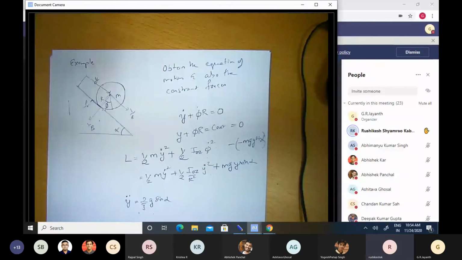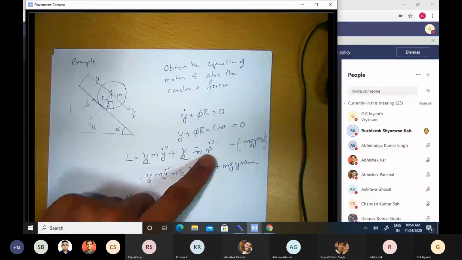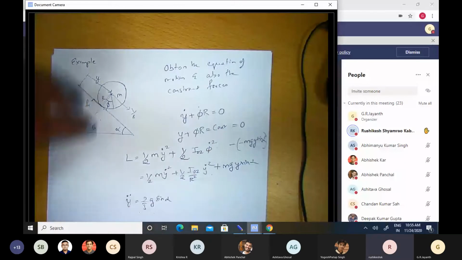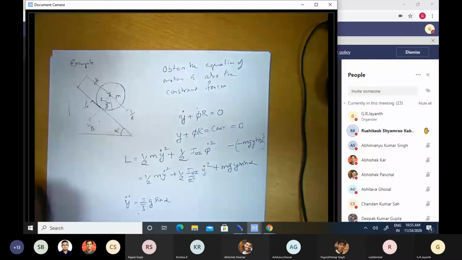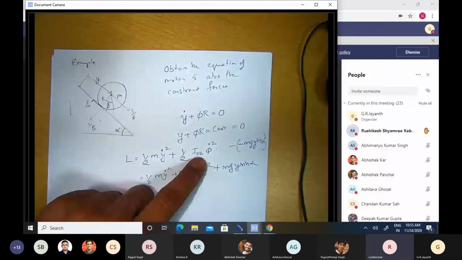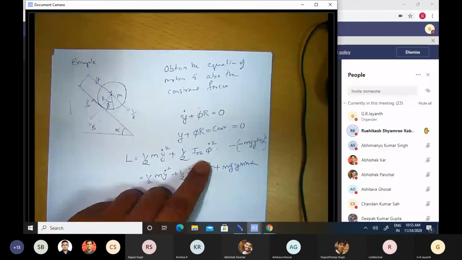But will that change the expression for kinetic energy? You see it's dependent on phi dot square, and that doesn't depend on the x component and the y component, and you see that the z axis does not change its orientation. So this remains as it is. These axes will definitely change their orientation as the disk rolls down, but that will not change the expression for kinetic energy associated with rotation. Yes. Okay.